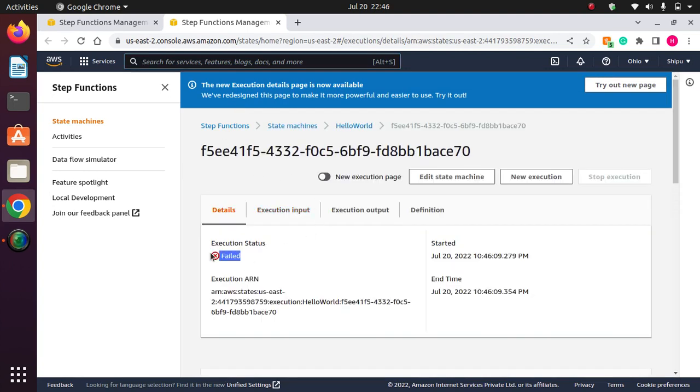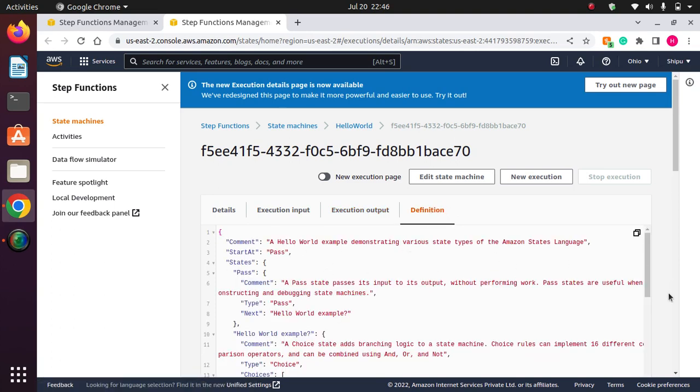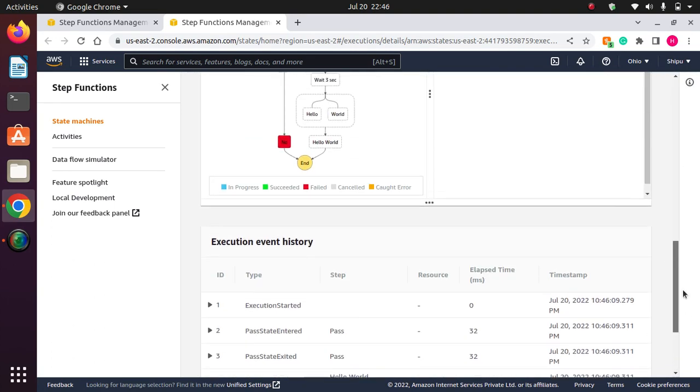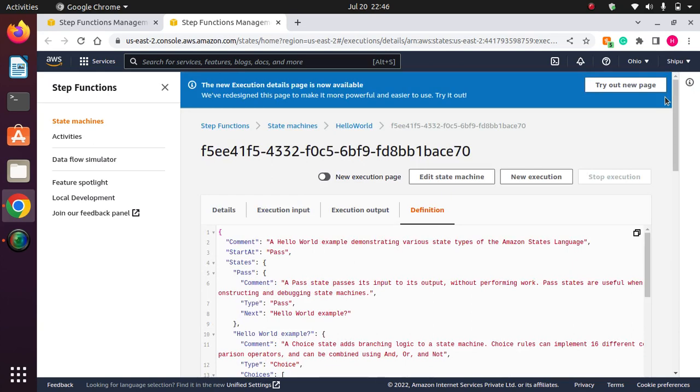So here you can see that the execution state gets failed because I have defined false, right? So the overall condition gets false here, and this is the execution output. No execution output will be displayed, and the definition is here. Okay, this is the definition, right? So here you will get the event,